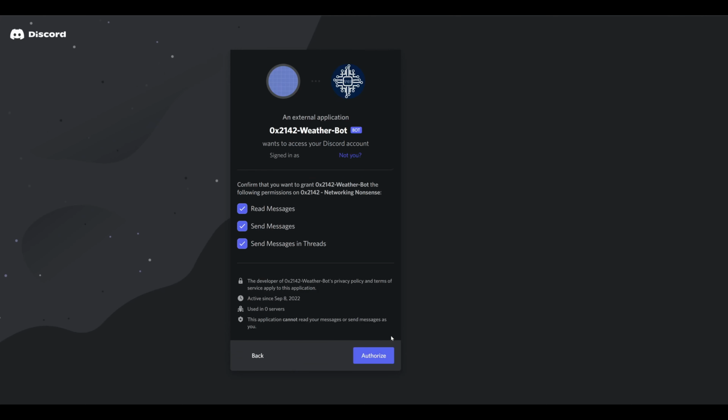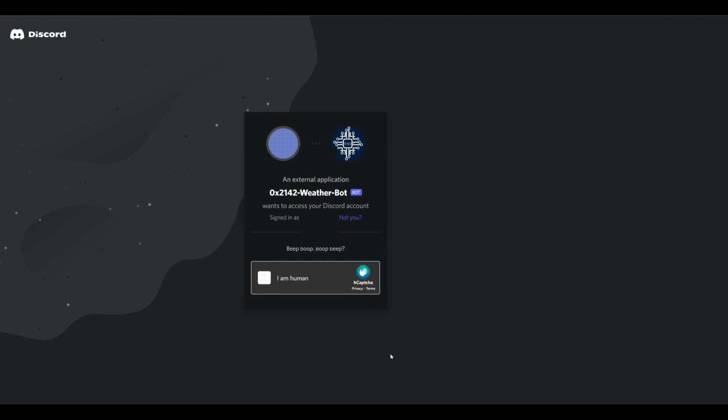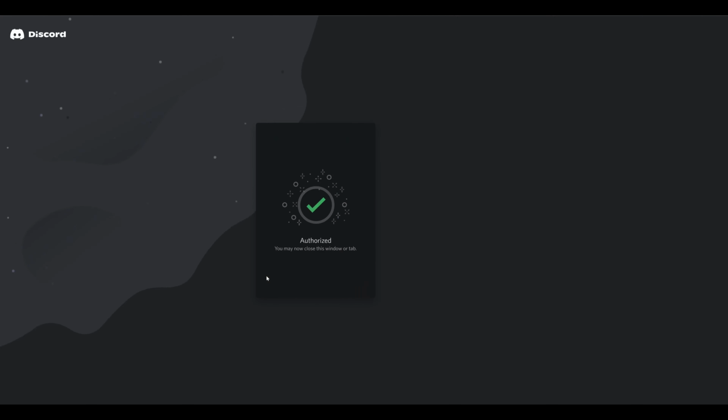And we actually have the ability to uncheck certain permissions here and deny those privileges to the bot. Since these are the ones that I intend to have, I'm good with this, and I'll just go ahead and click Authorize in the bottom. And then, of course, we'll have to prove that we're the human and not the bot. And once that's done, it says that the bot has been authorized, and our bot should have been added to